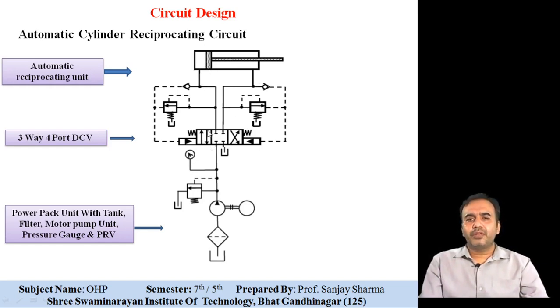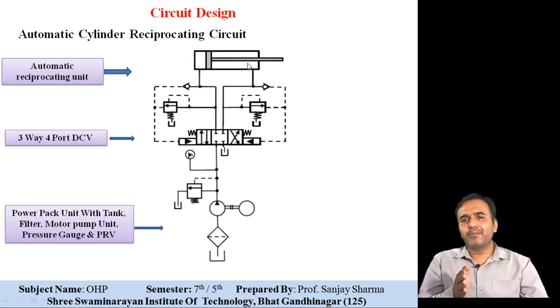Suppose let us see position 1, meaning the parallel arrows. Now when the flow is flowing, it will start flowing through this and through this. Now the hydraulic fluid enters from here and goes into this portion of the cylinder, and this portion will extract, you can say it will extract the cylinder. Now when it is extracted, it reaches the maximum limit.